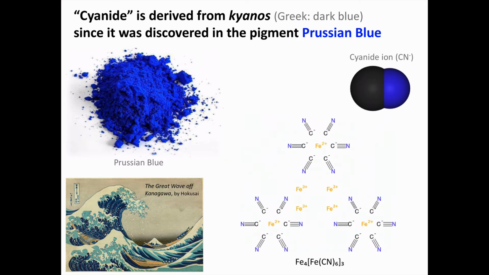In the early 19th century, the chemical composition of Prussian blue was found to include iron cations and CN- anions. CN- was called cyanide, literally meaning blue ion, because it came from this blue pigment. Now look to the upper right. By convention, in chemistry, we represent carbon atoms as black and nitrogen atoms as blue, but the choice of blue here is more likely related to the sky being blue and our atmosphere being comprised mostly of nitrogen than anything